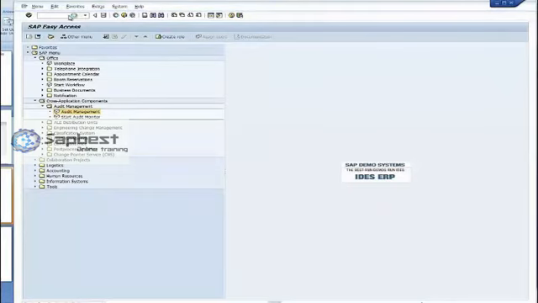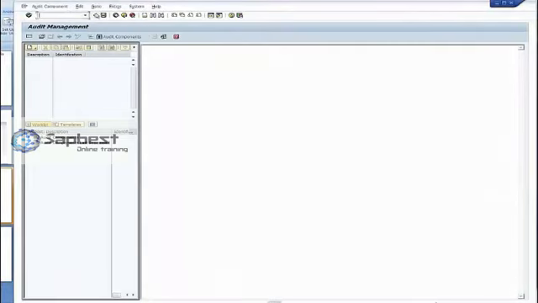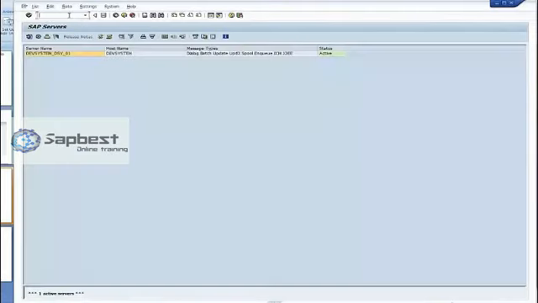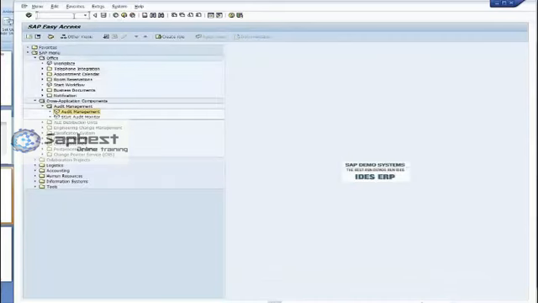And I can type a command. I can either type a command at the top in this location, or I can use the menu to execute my transaction. For example, if I type SM51 here, it will show me the application servers which are running. In the morning when I go there, I want to make sure that all the application servers are running. If I have 10 systems here, it will show all 10 systems, and if one is not green and not active, then I have to find out why before the users come and complain.